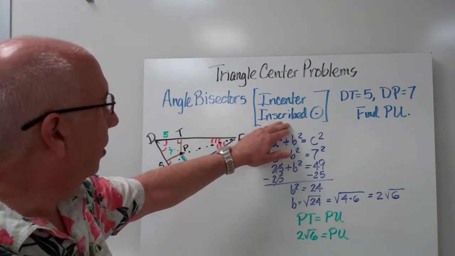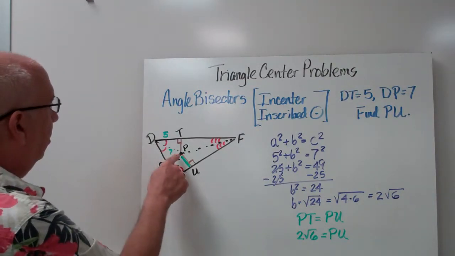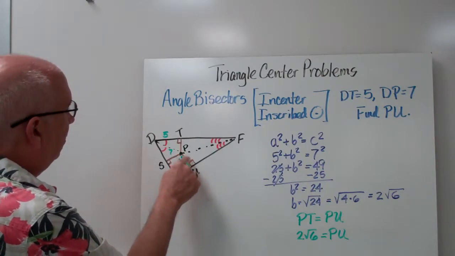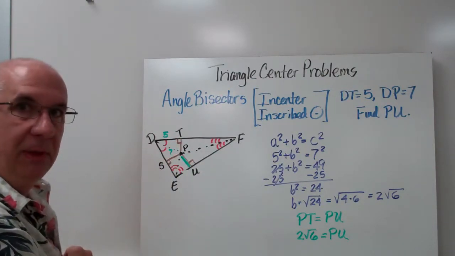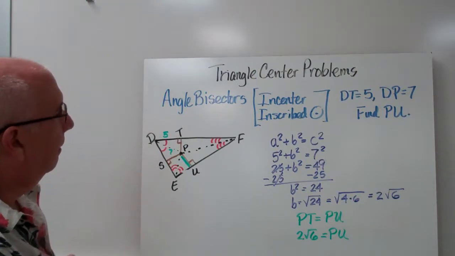If you have an incenter, you can have an inscribed circle. That means you have a circle here whose center is right here that passes through this point, and this point. They're tangent to each of the sides of the triangle. Now,